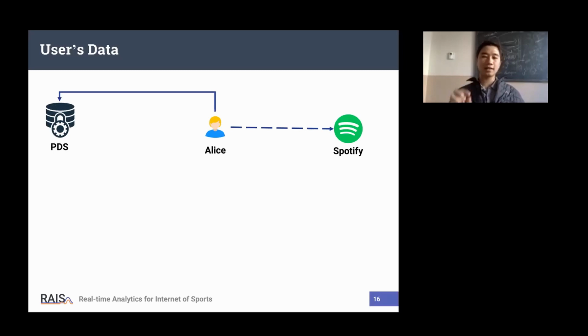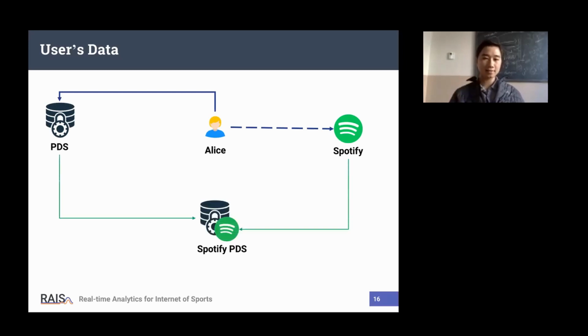That's the reason why Alice defines the PDS, and in the PDS they also create the Spotify PDS. In the Spotify PDS, it's like a filter, as I mentioned, on the requirements of Spotify about Alice. The general questions, something like which kind of music or something else, Spotify will answer.